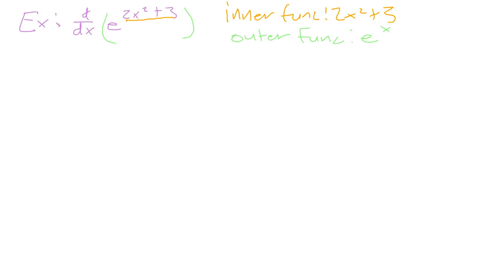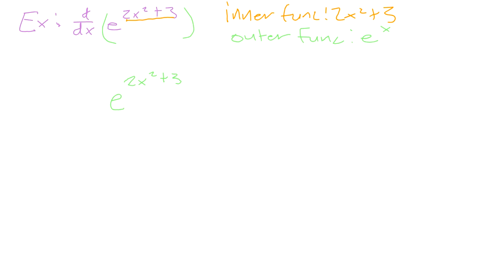If we take the derivative of our outer function, e to a function, we just leave it as is, so we have e to the 2x squared plus 3. But since we're using chain rule, we also have to take into account that inner function,